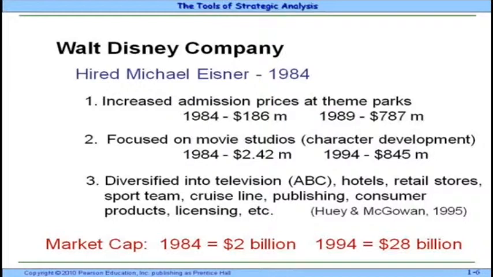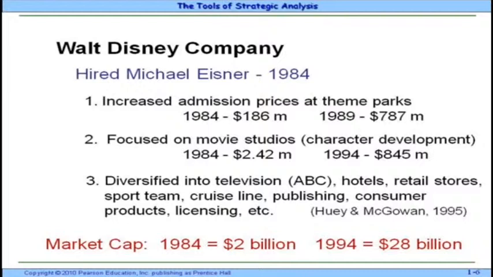They also looked at diversifying, and in strategic management, when we speak of diversifying, we are thinking that you go into other businesses, and down the road we'll be looking at related diversification and unrelated diversification. So in related diversification, you want to go into the type of businesses that are closely related, because you have to look at the level of management competence, you have to look at the extent to which you have the manpower to look around. So at that point in time, the market capitalization was basically, as shown on your script,